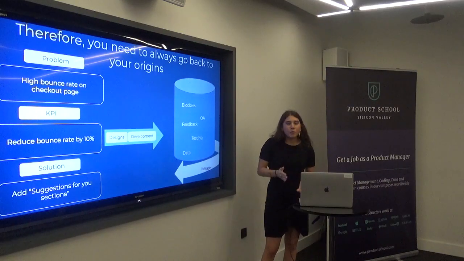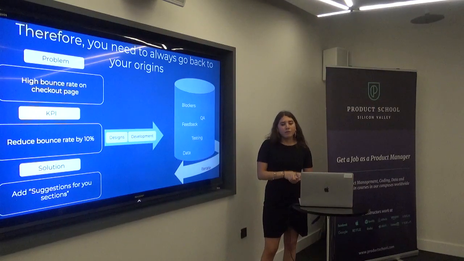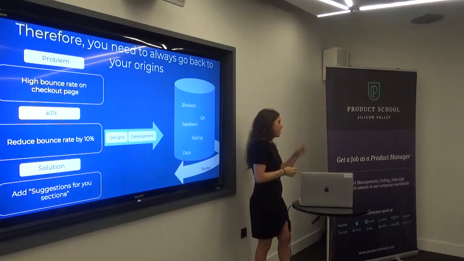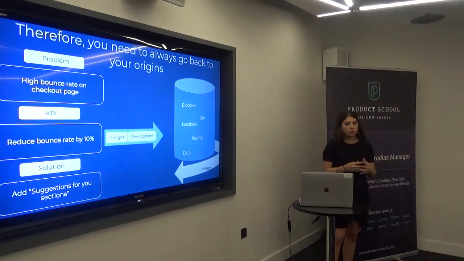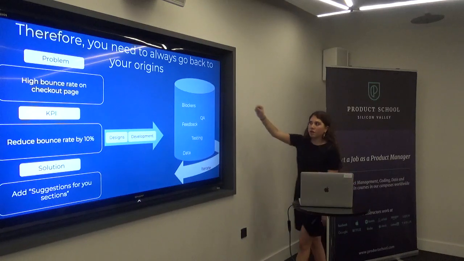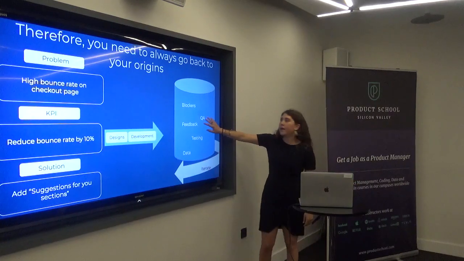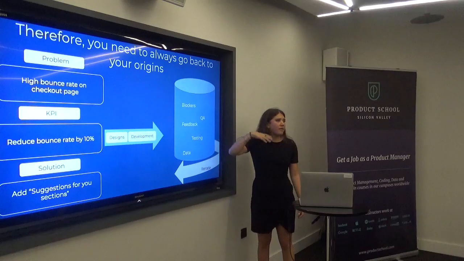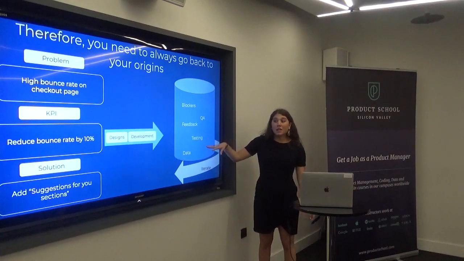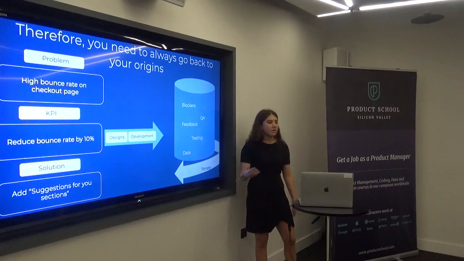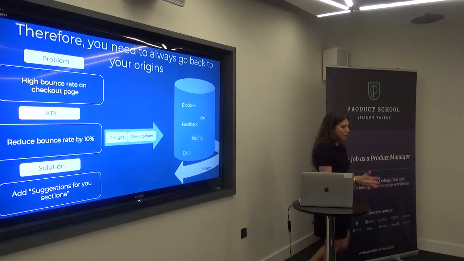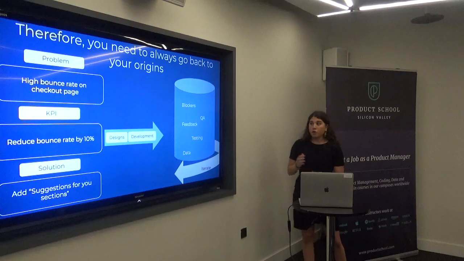Our roadmap is never predictable. I don't think I've ever worked in a company where we're like, okay, we're going to execute feature X and it's going to be executed by this time and it's actually gone through. There's always going to be blockers, things that come out from Q&A, feedback that you may not have expected. You may have seen things when you started testing that you didn't expect either. And data may give you insights into information that's making you kind of want to change your direction.